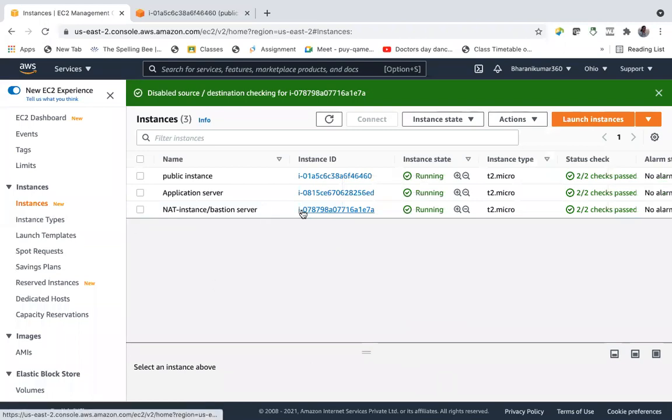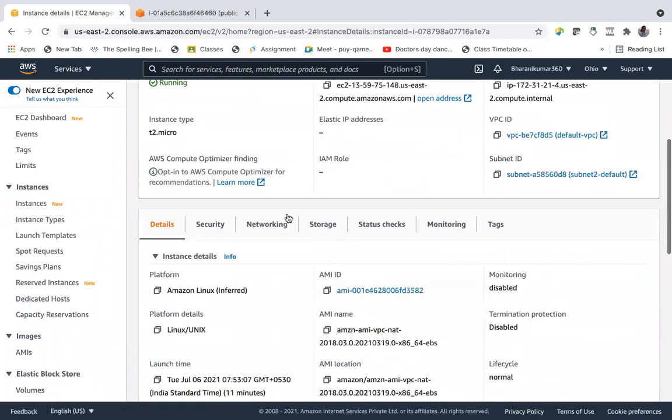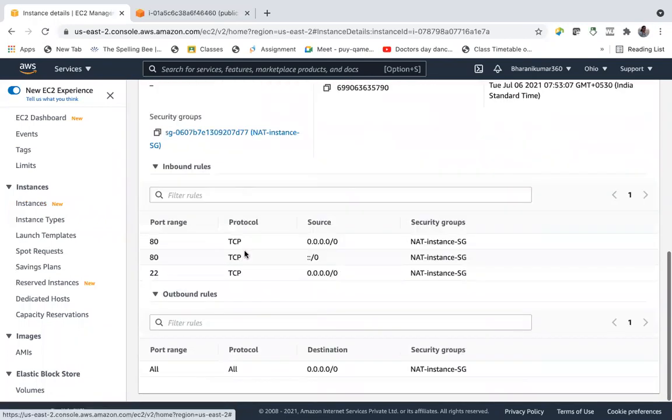Another thing is we have something called a security group. Without a rule in the security group, instances will not allow traffic. So this instance allows traffic from the outside internet, allows SSH, but now this is a NAT instance.